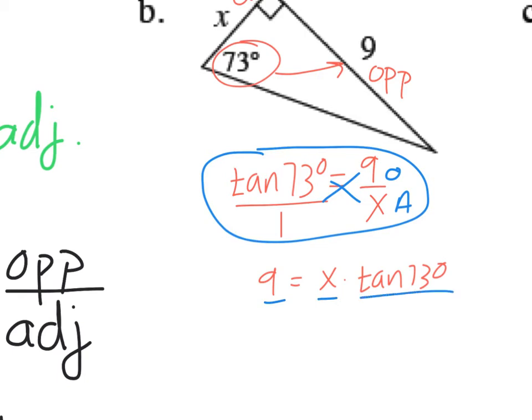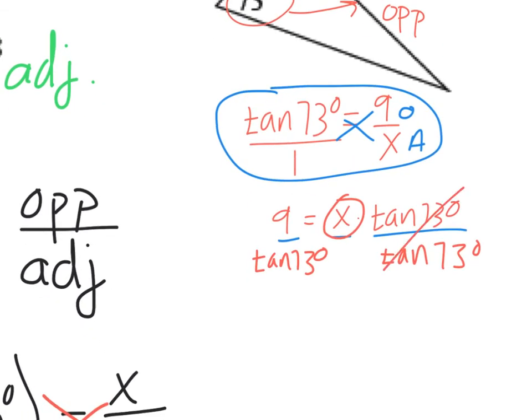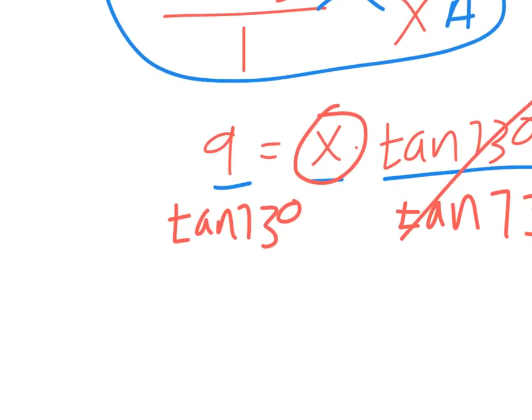That one's a little bit different from the previous problem, and so what I want to do to get x all by itself is I'm going to divide both sides by the tangent of 73 degrees. The tangent of 73 degrees, remember, is just a number. And so I'm going to do that, and these are going to cancel each other out. And then what I'm left with is x equals,